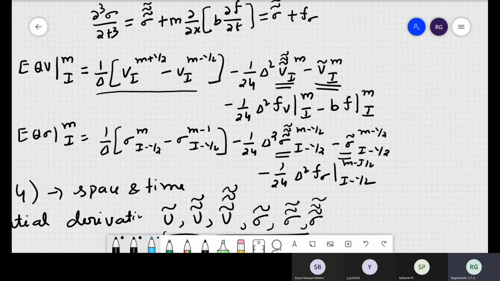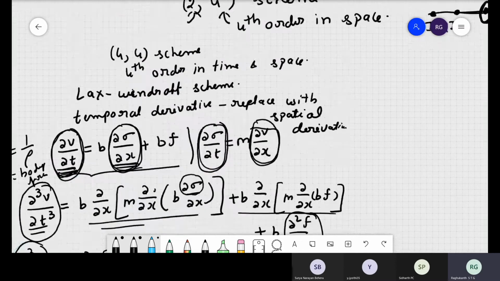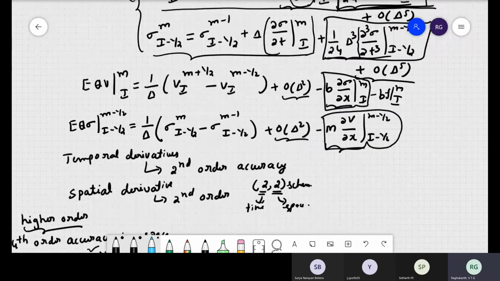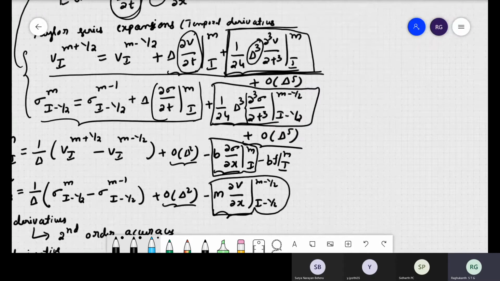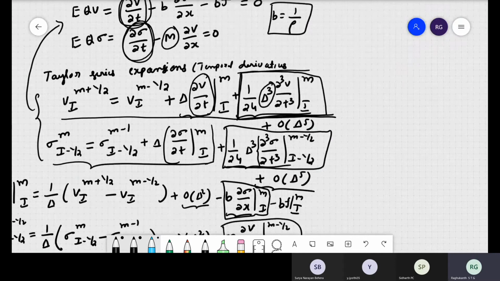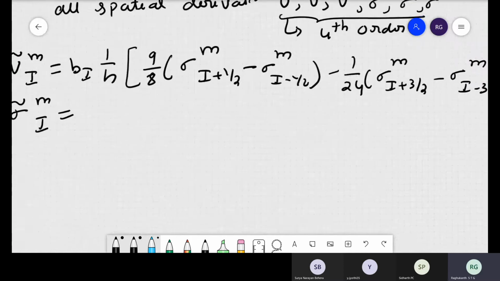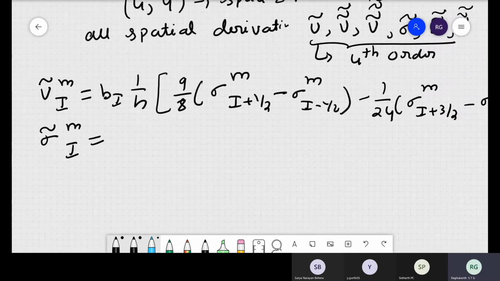Now this is our second order accuracy. For third order accuracy, you have to include all these terms itself. I think we wrote the expression in the last class for temporal derivatives. If you want higher order, you should be able to approximate these third derivatives. We replace them with these types of quantities, and finally you can derive this big expression. So this was the expression for v_i.